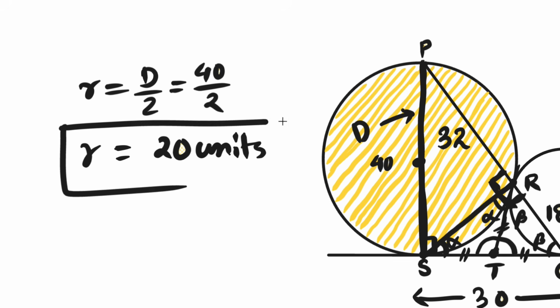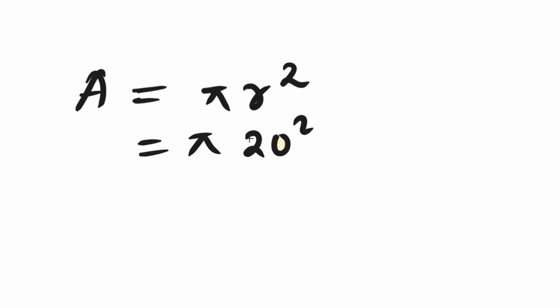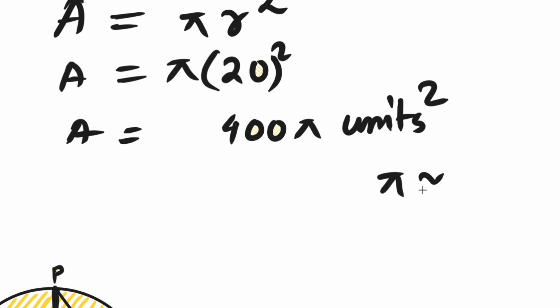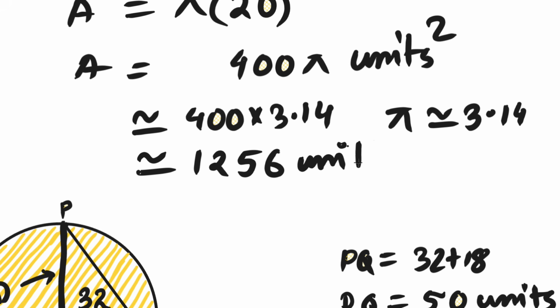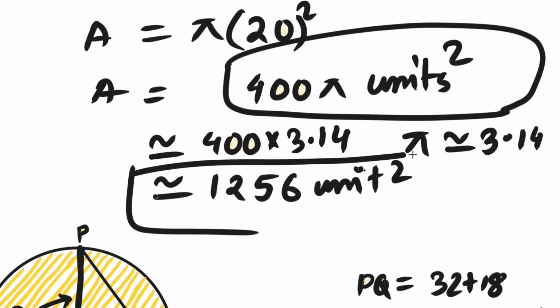Now we can finally calculate the area. The area of a circle is pi multiplied by the radius squared. So the area equals pi multiplied by 20 squared. 20 squared is 400, so the area equals 400 pi square units. If we use pi approximately equal to 3.14, then the area becomes 400 multiplied by 3.14. Multiplying these gives 1,256 square units. So our final answer is 400 pi square units, or approximately